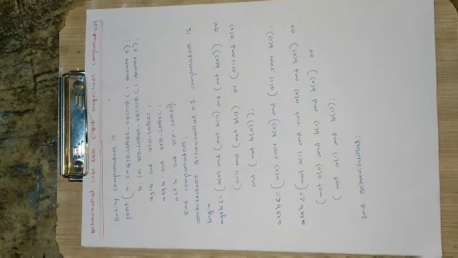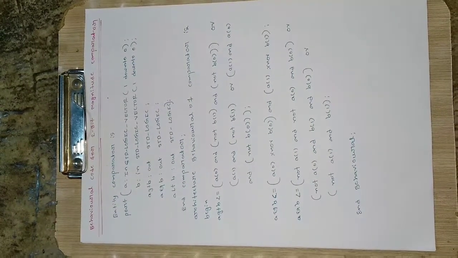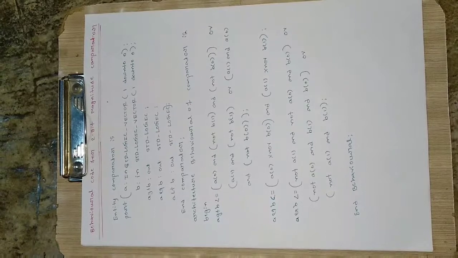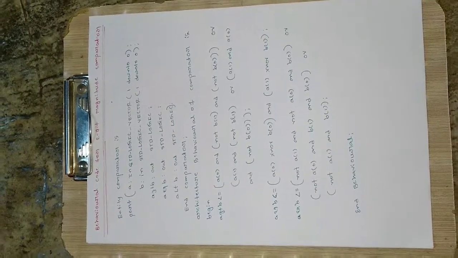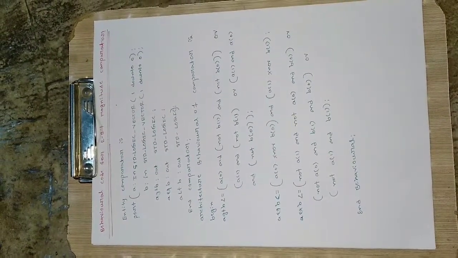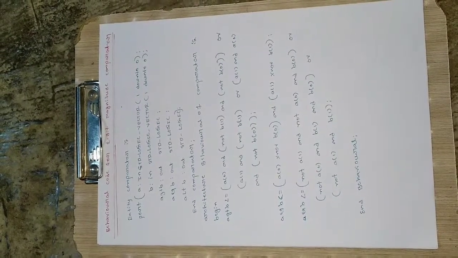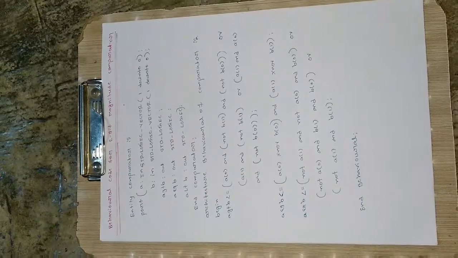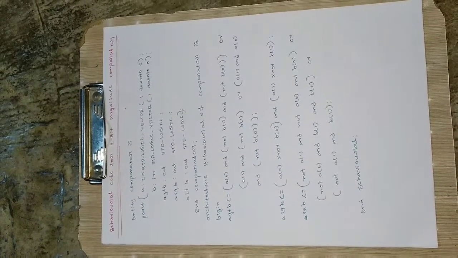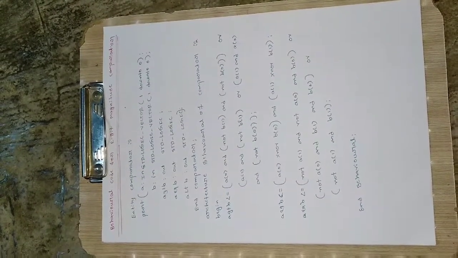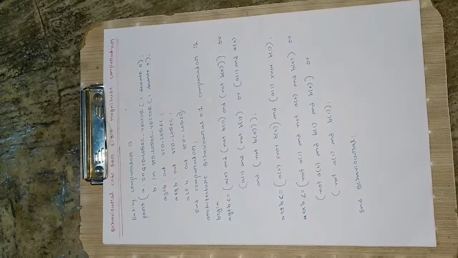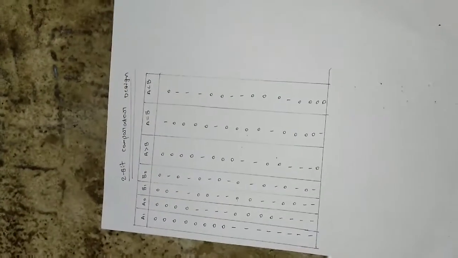Hey everyone, in this video we are going to see how to write the behavioral code for a 2-bit magnitude comparator. A 2-bit comparator uses 2 bits, let us say A and B, and it compares A and B to see whether they are equal, greater than, or less than each other. So it will be comparing their magnitudes. The truth table for that one is here.